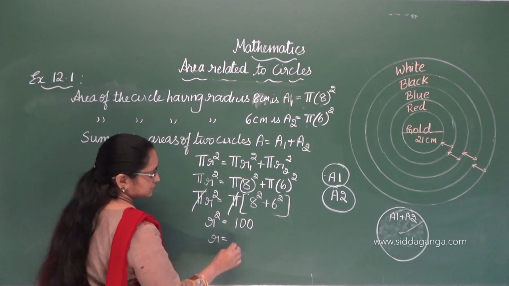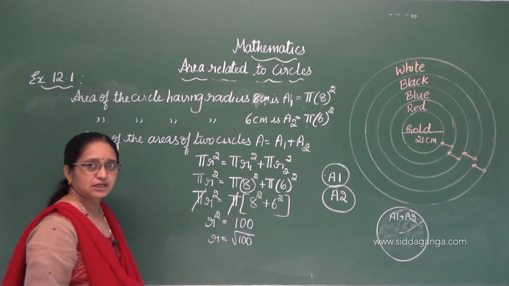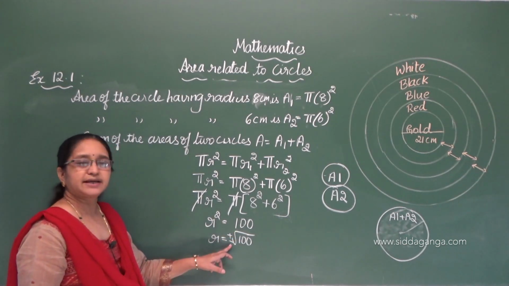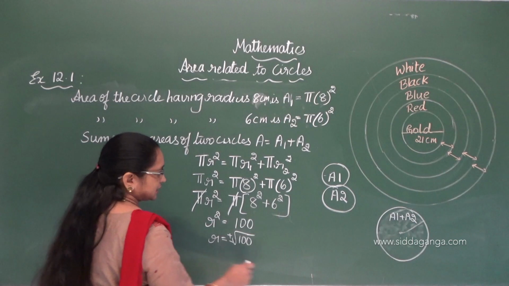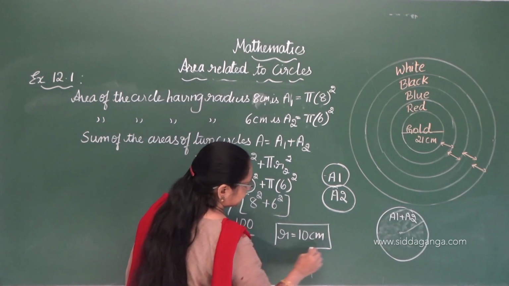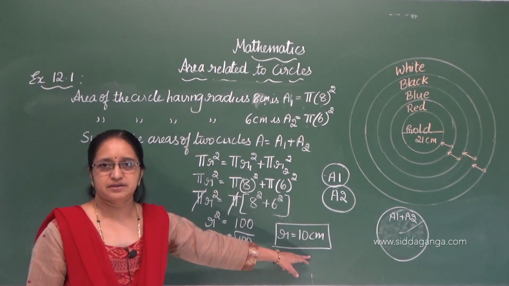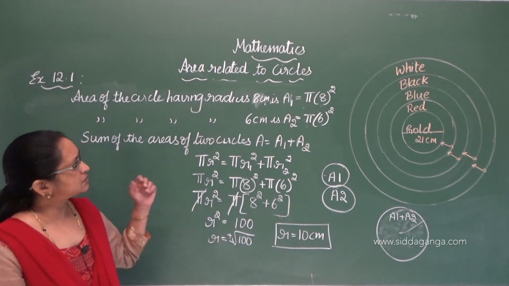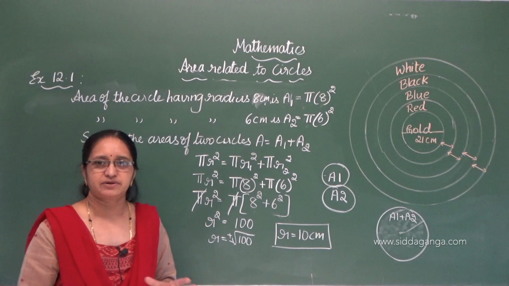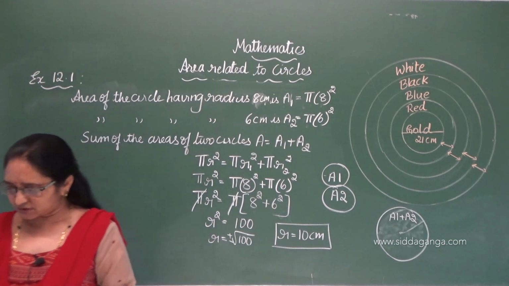R is equal to square root of 100, plus or minus, but we know we cannot take negative because it is a radius. So I will consider only r is equal to 10 centimeter, positive. So the required radius is 10 centimeter. Okay. Same concept, the first one and second one are somewhat similar problems, but in the first one they have taken circumference, here they have taken area. Okay. Now the third one.